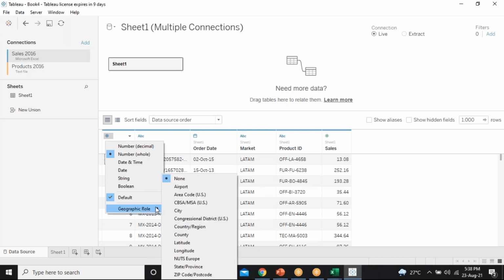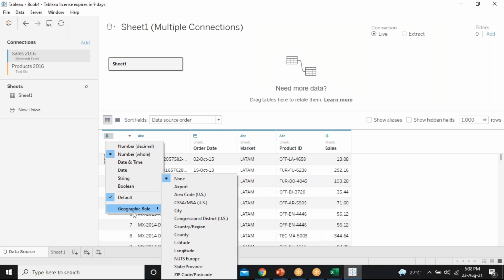And if it is something geographical, then you can take a geographic role like airport, area, city, country, latitude, longitude. When I enter postal codes, if that column is taken as numbers by default, I can go for a geographic role and set it as zip code or postcode. I have entered a column of postal codes, but it is taken as numbers.